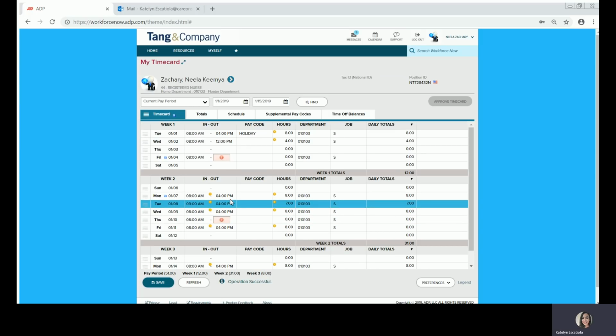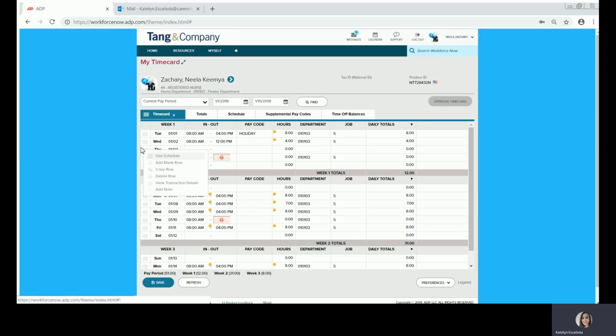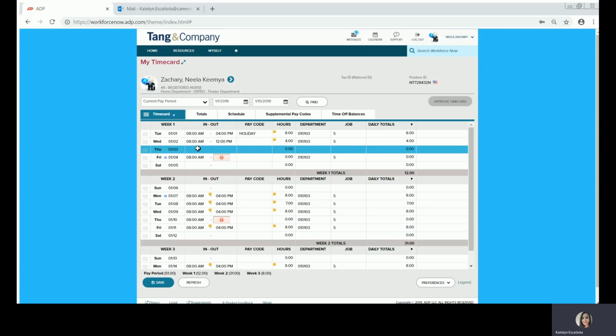So let's talk about what to do when you've missed punches for the entire day. Let's look at 1-3, for example. There's no in punch, there's no out punch. And if I'm trying to come over here and I leave a note, I see that that option is grayed out, so it's not something that I can do. Again, missed punches are subject to disciplinary action. It should be avoided at all costs, but in the instance that maybe your internet connection was bad or you